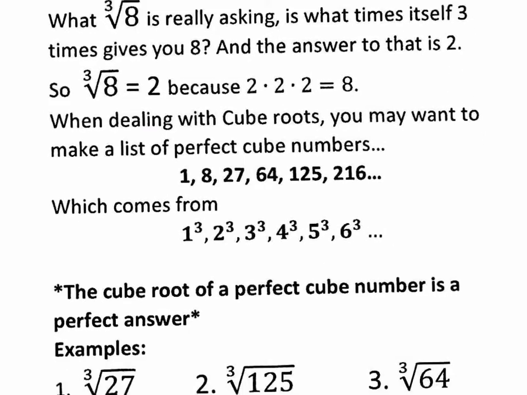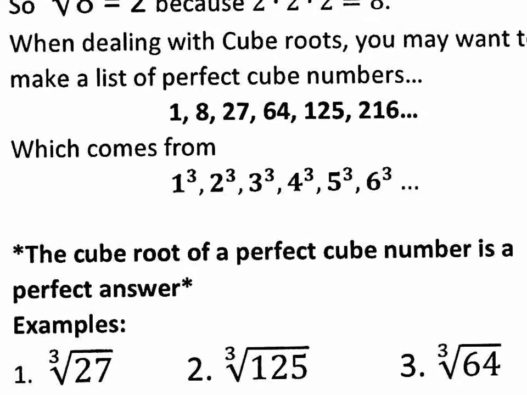So back when we were dealing with square roots, we had a list of perfect square numbers, right? 4, 9, 16, 25, 36, and so on and so on. Right here, if you're dealing with cube roots, you might want to make a list of perfect cube numbers. 1 cubed is 1, 2 cubed is 8, 3 cubed is 27, right? 4 times 4 times 4 is 64. 5 times 5 times 5 is 125. 6 times 6 times 6 is actually 216. And pretty much you don't need higher numbers. I mean, you might need higher numbers, but for the most part, just with these cube numbers, you'll be good